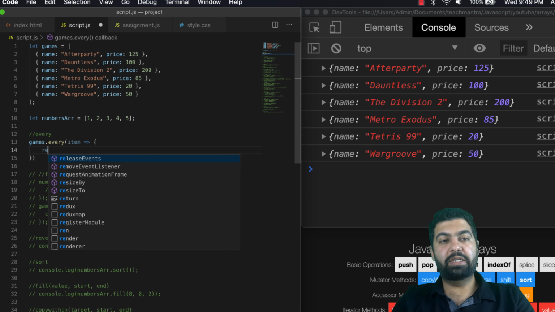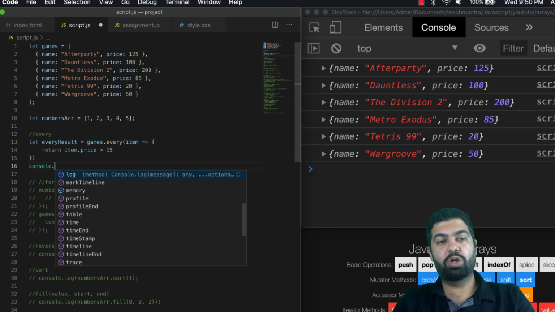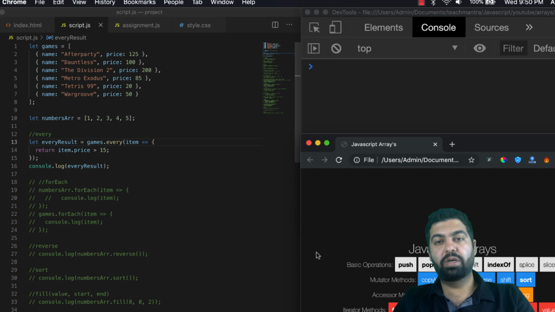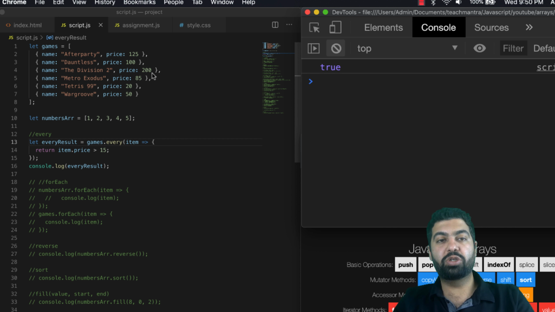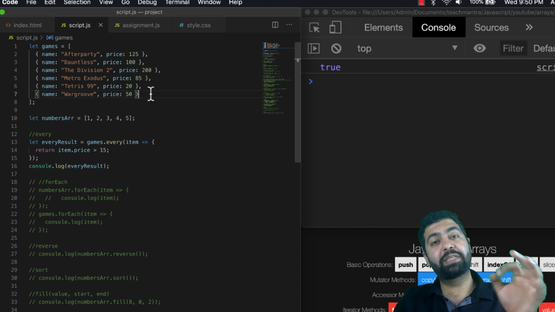Let's say return, and the return will be basically item.price is greater than, let's say, $15. If all of the items, let's put it into a result, every result, and let's just do a console log to see what happens. Console.log and say every result. Let's save this, clear the console, refresh the page. You can see the answer is true because the price starts from 20 and all of the game items basically